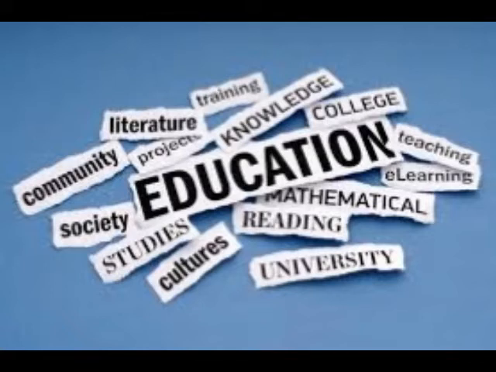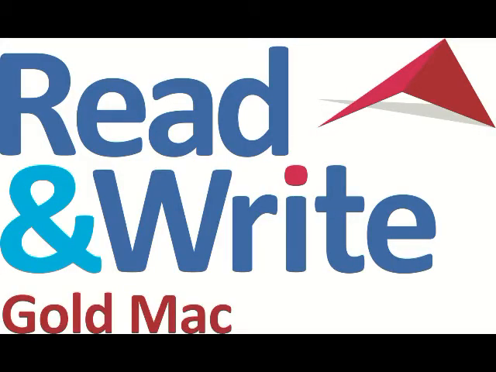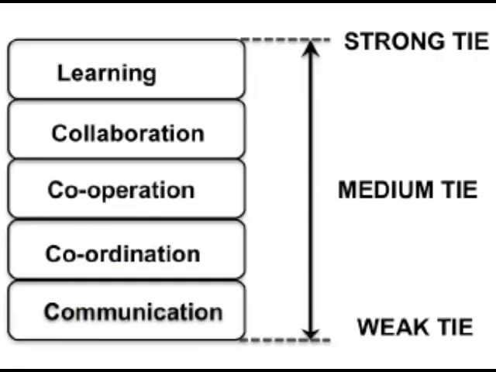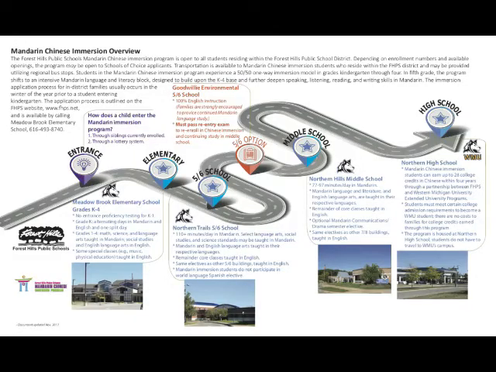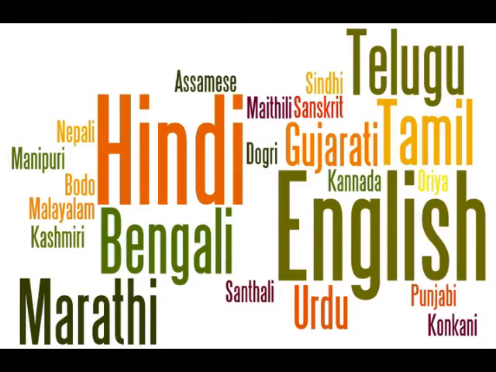Number 6. Education. Today we consider that if a person is able to read and write in any language, then he is educated. But in China, language is just a medium of sharing knowledge. And maybe that's why they have only one language, Mandarin, across the country, helping them to implement the same syllabus in every school and college, compared to India's many languages in every state.